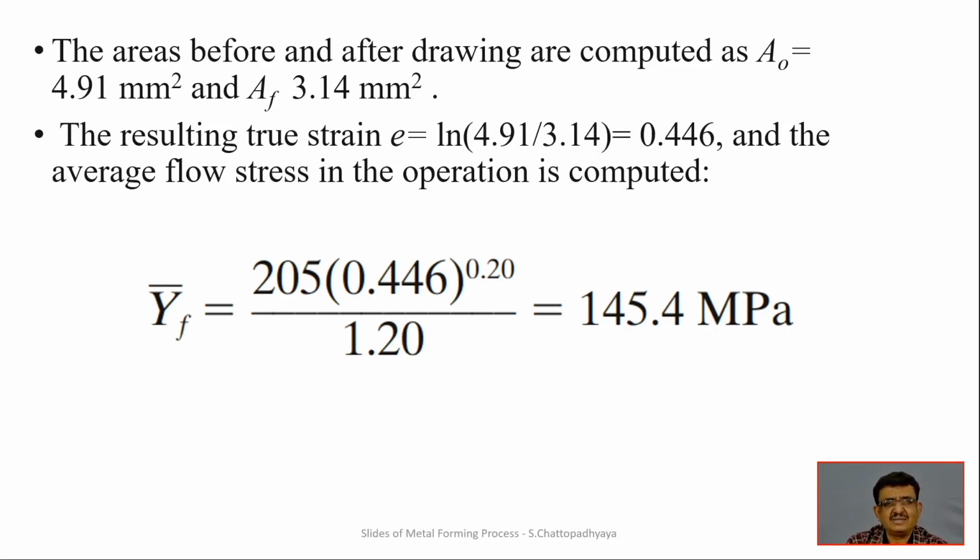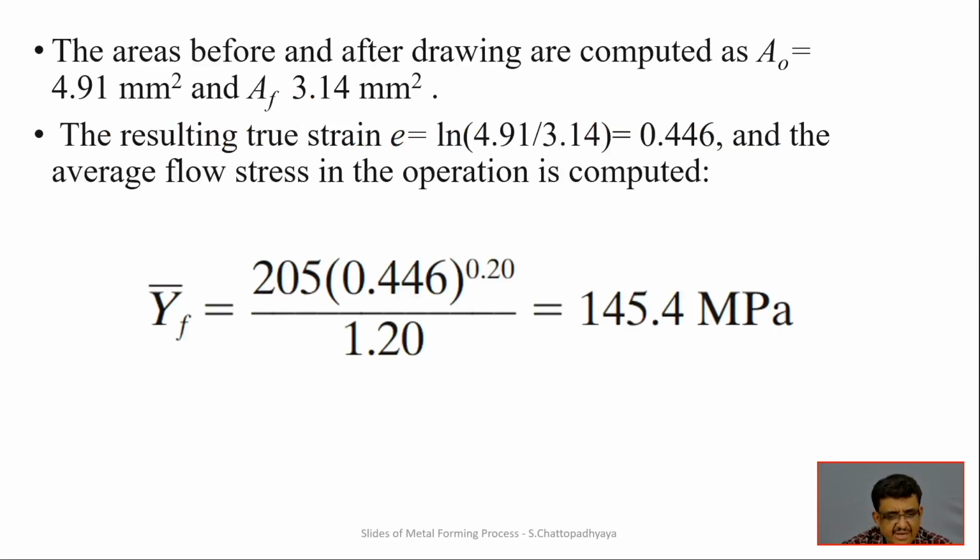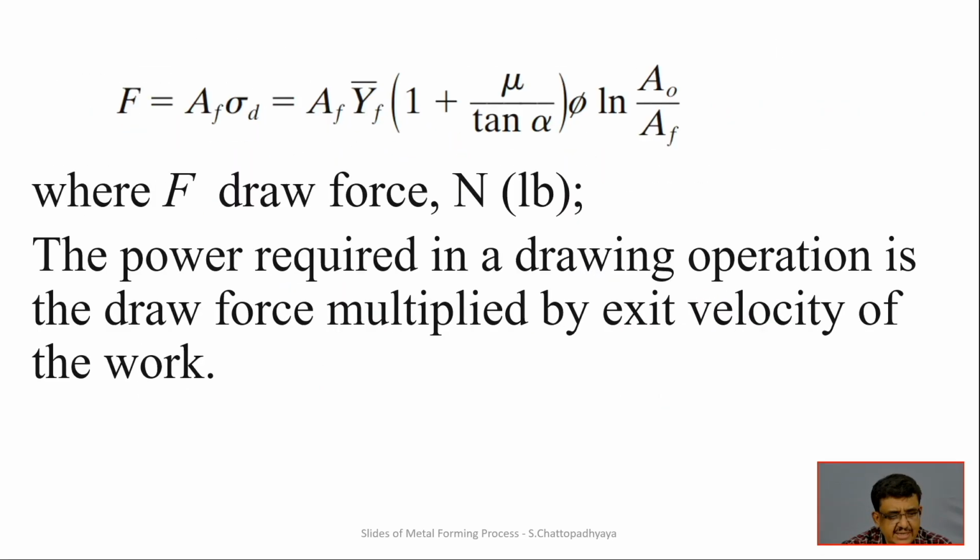The resulting strain we can also find, that is logarithm of 4.91 divided by 3.14, which comes out to be 0.446. And putting all those formulas related to the average flow stress, from there itself we can find those values,